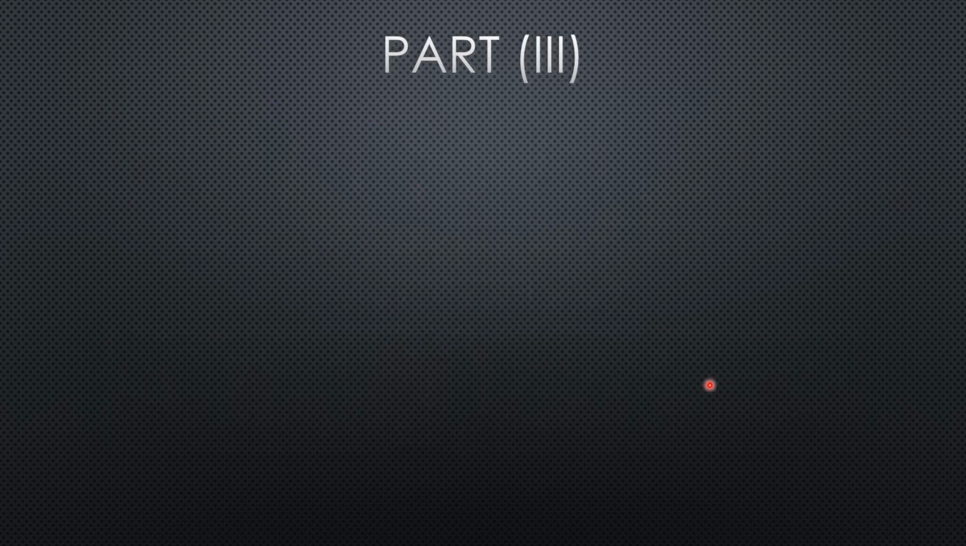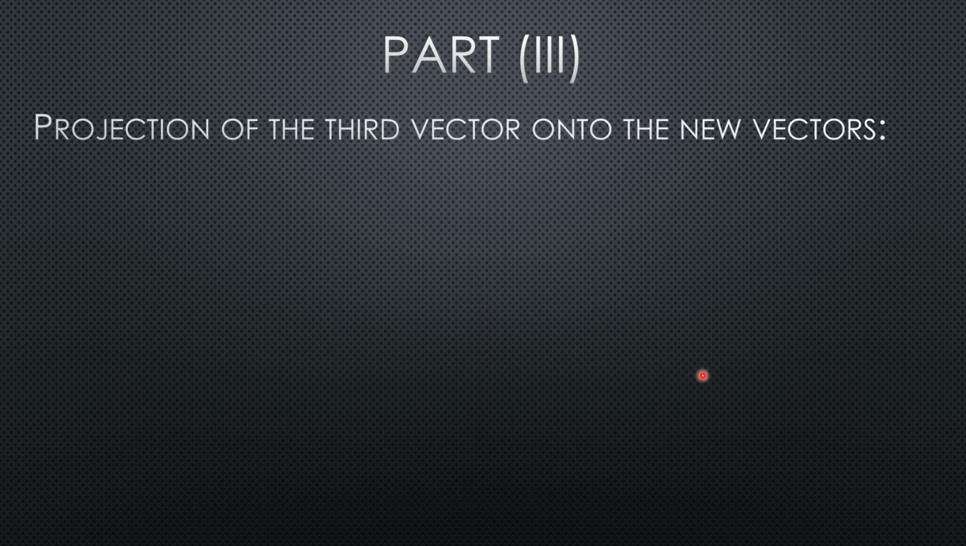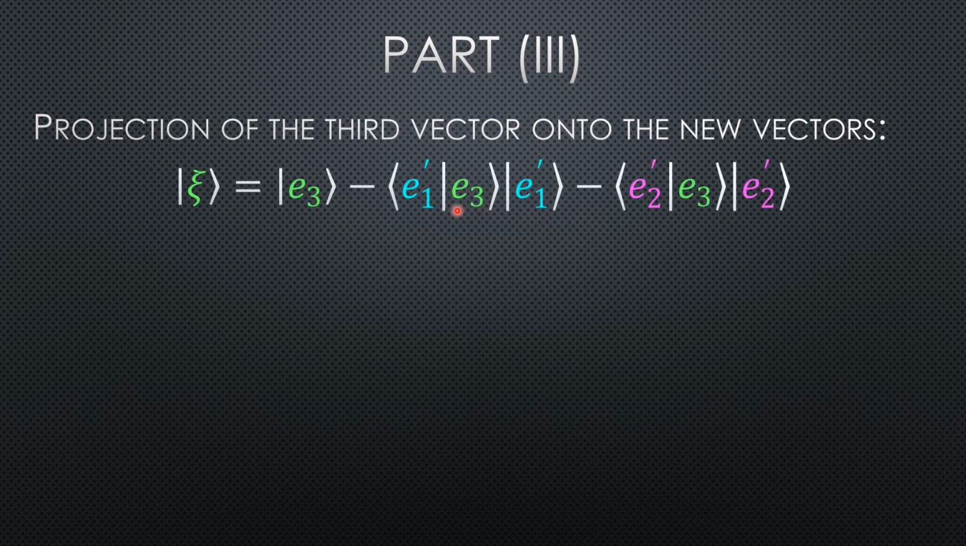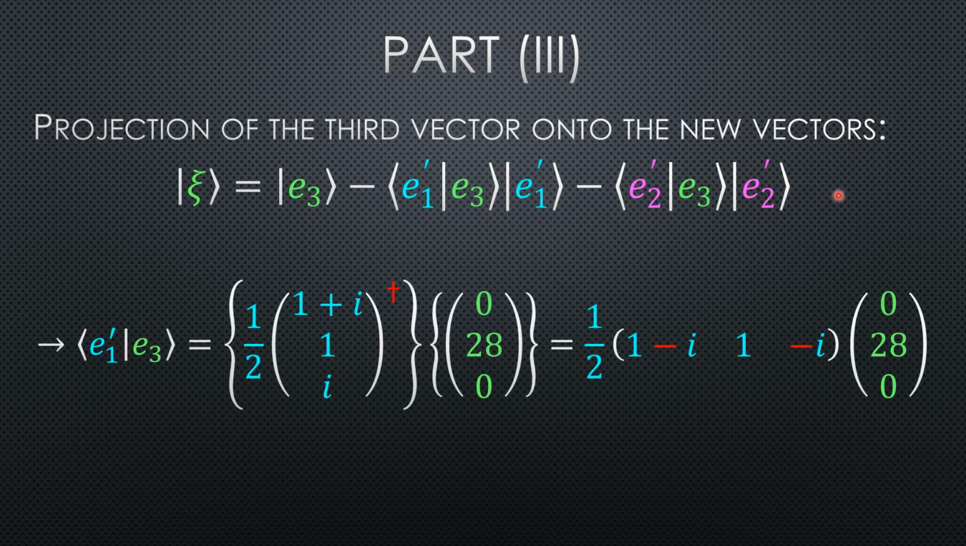All right, last but not least, we have to now take two projections since we have two new vectors. So the projection of the third vector onto the new vectors gives us, now instead of gamma, we're using xi, and we see that we have an inner product here and a product here because we're trying to find the projection of E3 onto E1 and E3 onto E2 prime. So once we can subtract this off, we see that this first inner product, E1 prime E3, dagger of course,